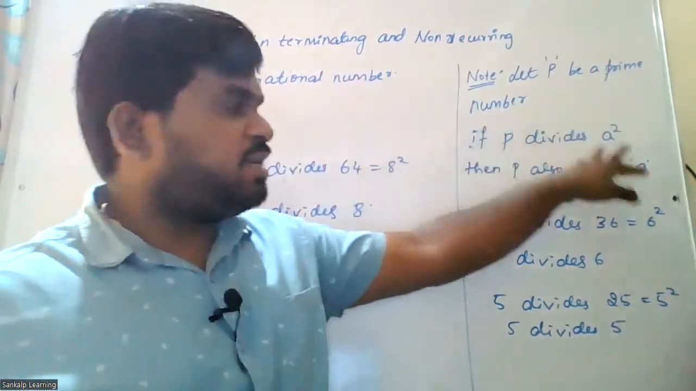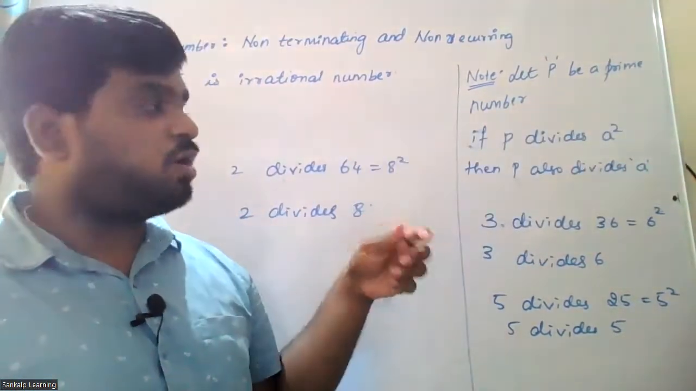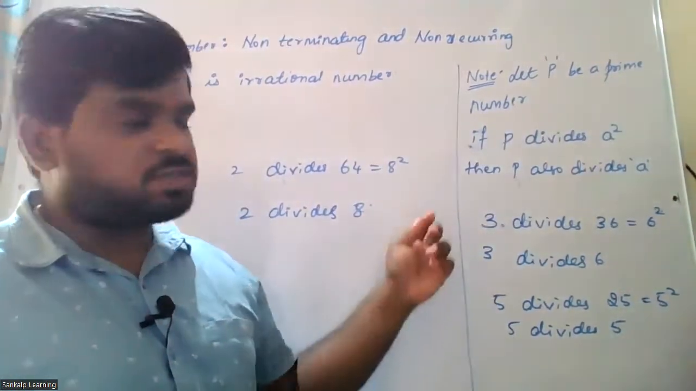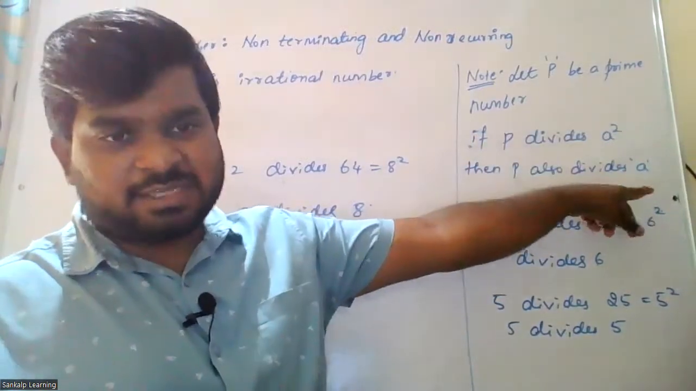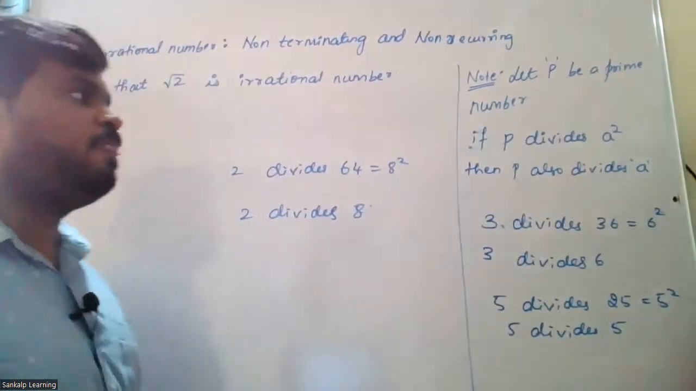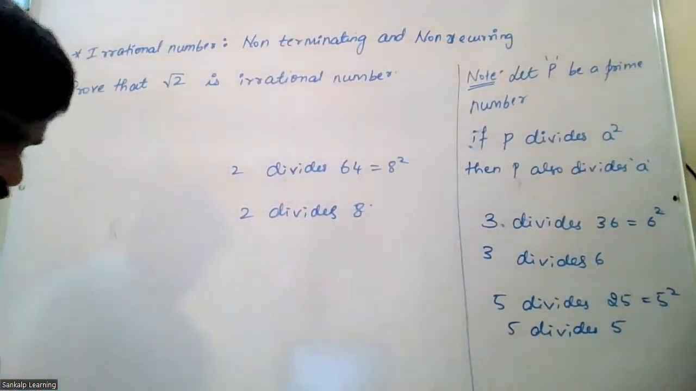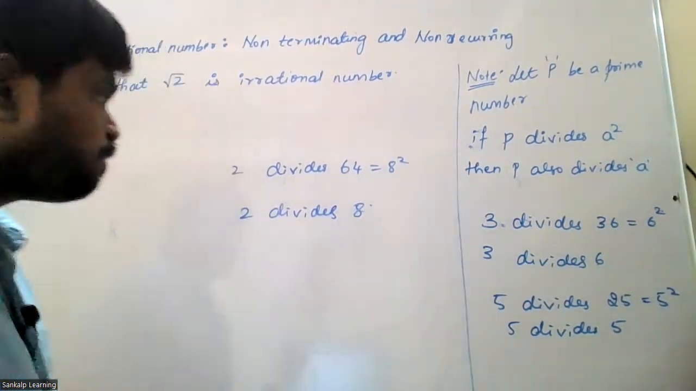So this is the important note. Okay, if P divides a square, where P is a prime number, very important, you should only select prime numbers. If a prime number divides a square, it also divides a. Okay, very important thing. The other important thing is,